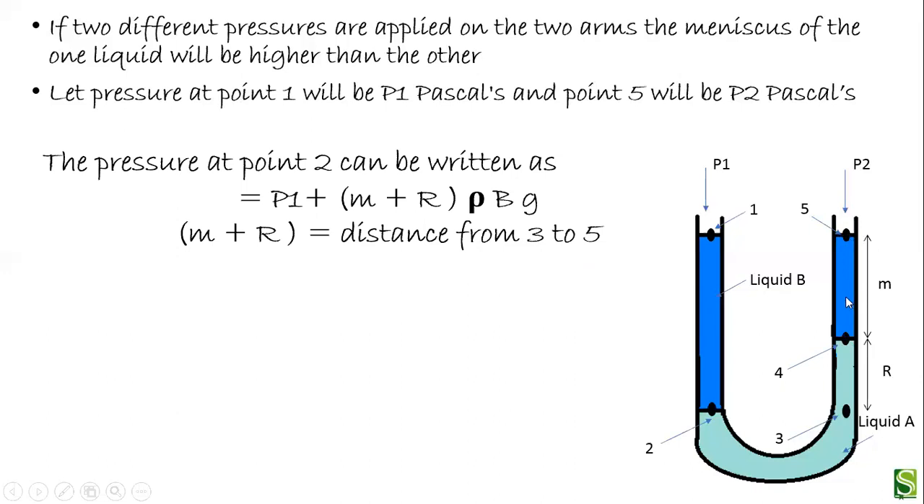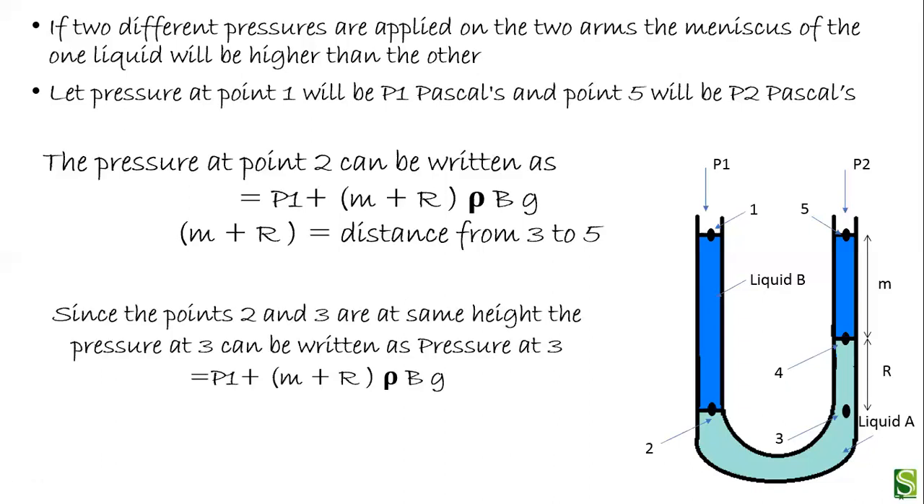It can be written as M plus R. So in the same way, we can write the distance of point 2 from point 1 as M plus R. That is the height, and rho B is the density of this liquid, into G. Now we have written this formula from the one we derived for fluid statics. So here in this case, as I told you, M plus R is nothing but the distance